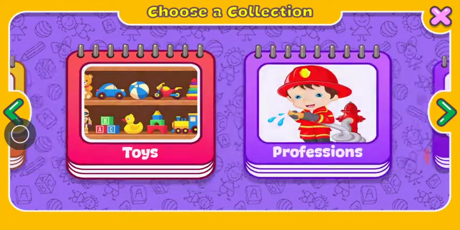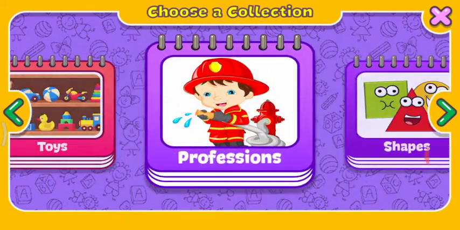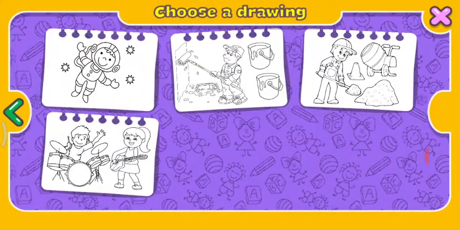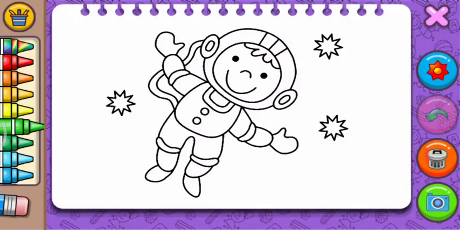Just to move and see, children, select any one of the books, then you can find a collection of pictures, the professions. Okay, select any one of the professions and start applying the color. You are all familiar with the tools, that is, to the left side you can see the coloring tools.